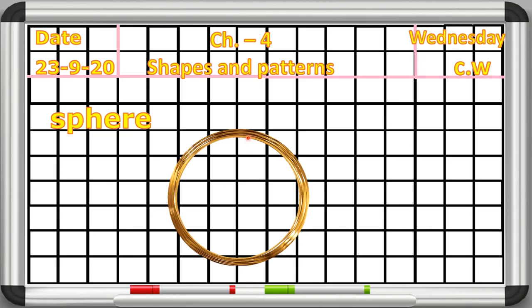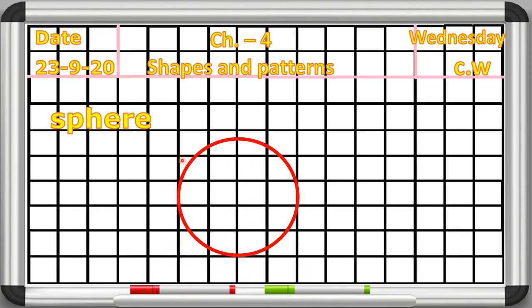So let's start making the circle like this in between the bangle. Understood, beta? Like this. Now what we have to do, after making the circle, you have to take out the bangle from it like this. Okay? Now we have to make this shape in between, otherwise it will look like a circle. तो हम यहाँ पर एक ऐसे बीच में शेप बना देते हैं. कैसी भी शेप आप बना सकते हैं, like this. Okay,